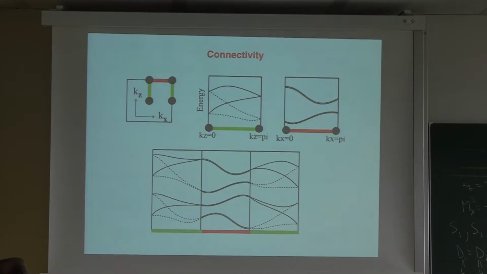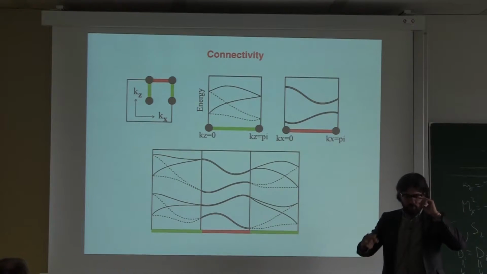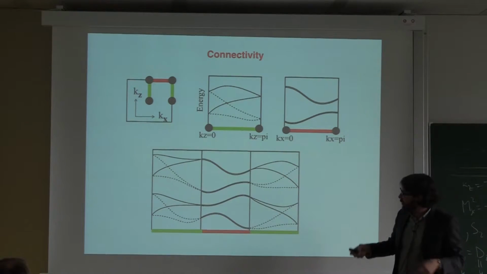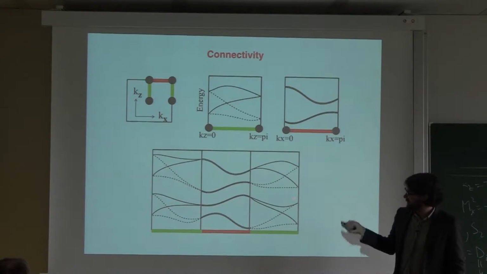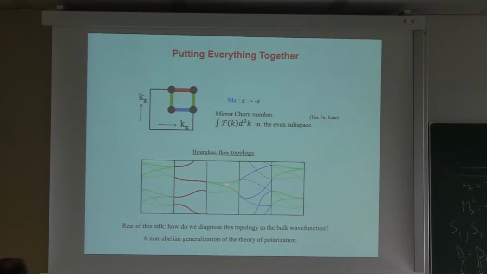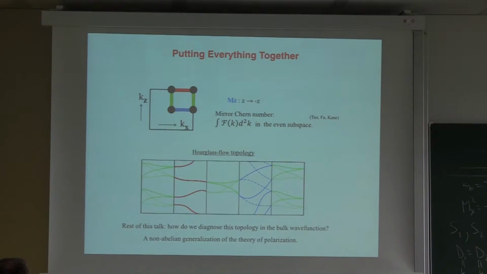So if we patch them together, I can get several things. I can patch these together in this way, which is the trivial way. Why is this trivial? Well, this is the Brillouin zone of the surface, and the moral of the story is, can bands connect themselves on the surface without needing the bulk? And in this case, they can. This is kind of like the trivial insulator case. But the non-trivial insulator case, which is this one, also has to exist. Okay? And it exists in this material.